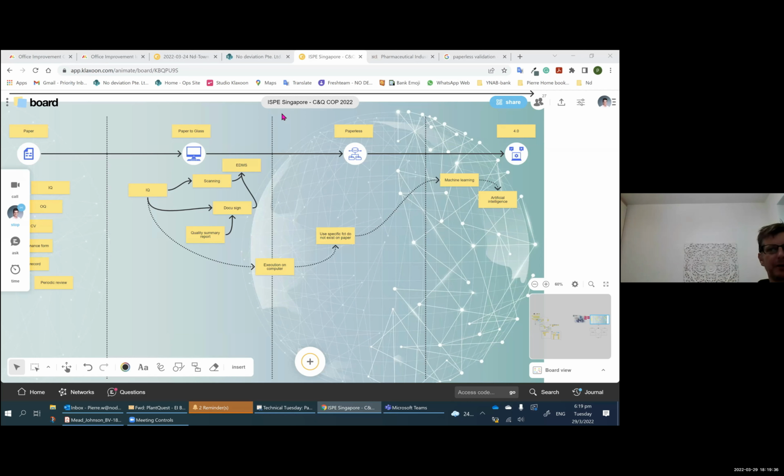So it goes a little bit into lean thinking: as soon as something goes wrong, the QA will see it and ask you to fix it before you go to the next step. So remote and virtual FAT, and many other things, right?